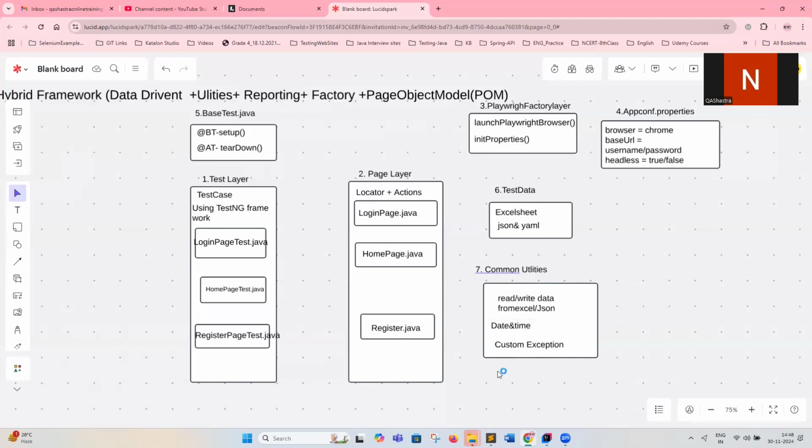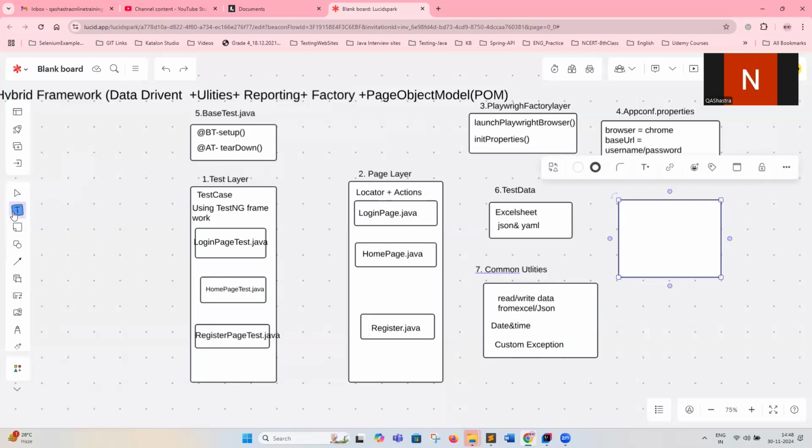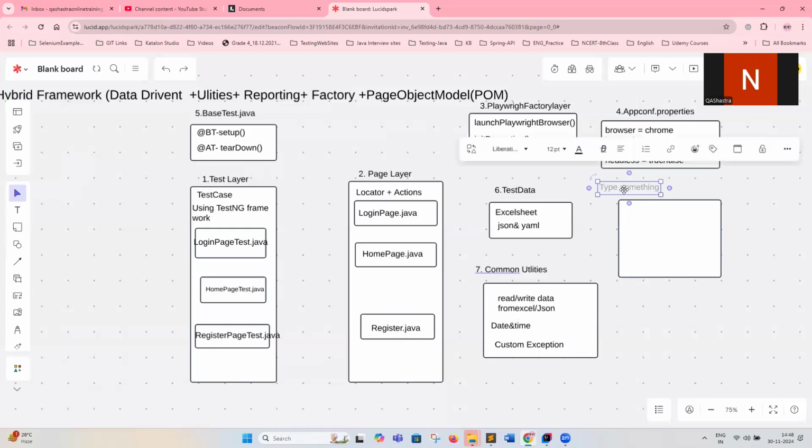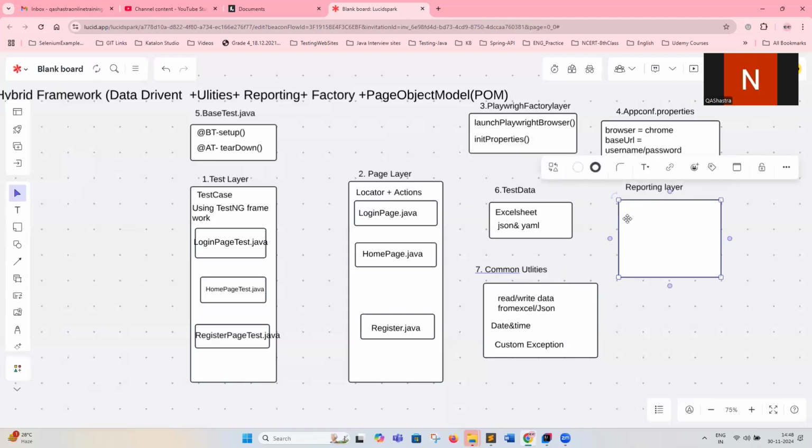So this is the seventh layer, and the next layer is reporting. Let me add this one. The layer name is the reporting layer. In the reporting layer, once we run our test execution,